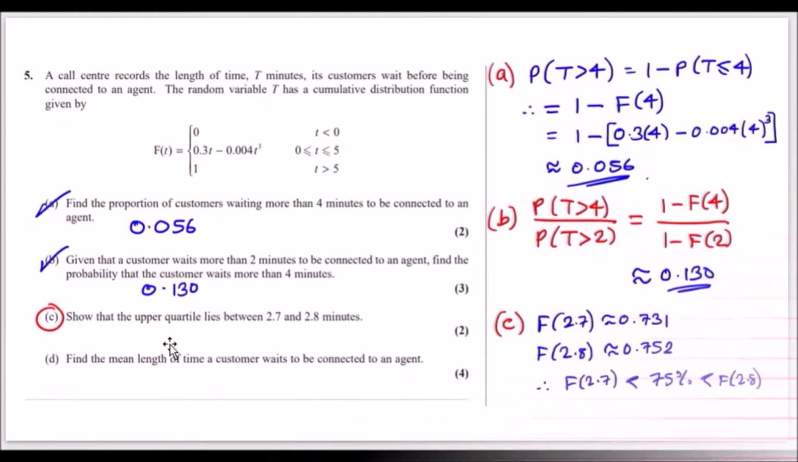Show that the upper quartile lies between 2.7 and 2.8 minutes. Now this is not as complicated as it looks. You literally just have to plug 2.7 into the cumulative distribution function, and 2.8, and see if there is some sort of a change across 75%. So what we're trying to see is that the value at 2.7 should be just less than 75%, and this